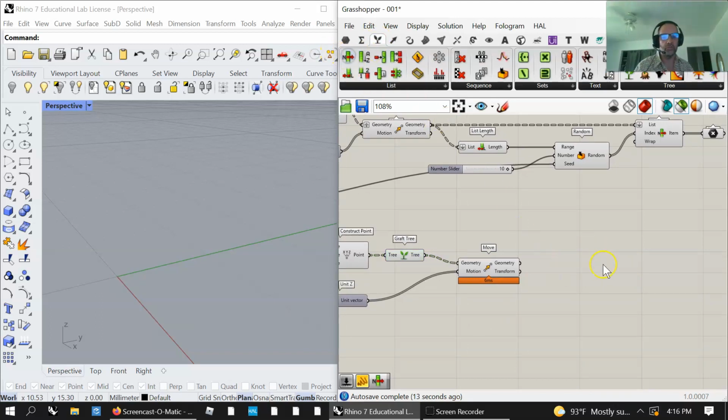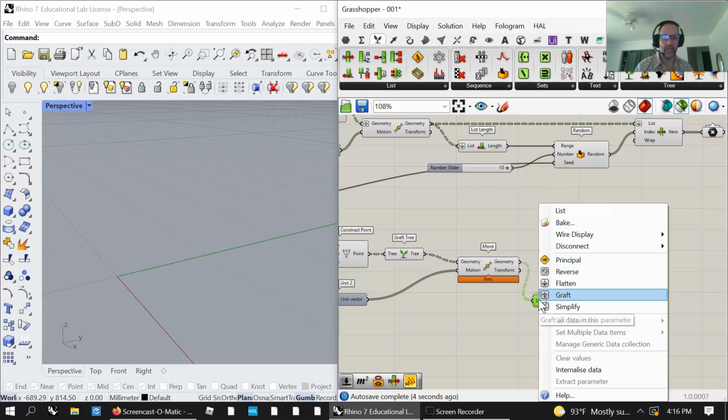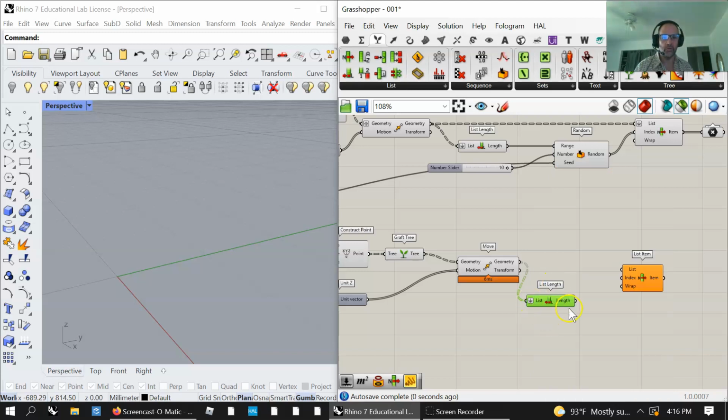One of the most common, and you'll see the most common ones are usually up near the top. Grab a list item. We're probably going to grab a list length, and the list length is a whole bunch of numbers, counting the list, but I'll want to flatten that data. It's like cutting down all the data and putting all of it in one tree. So now it is just a single number, 1,300 values,